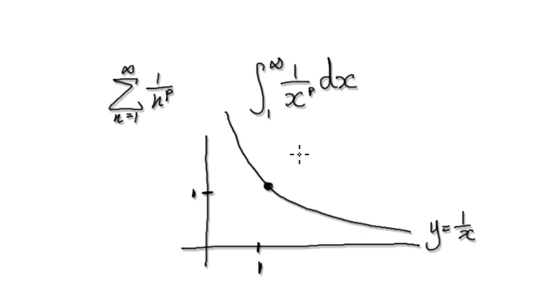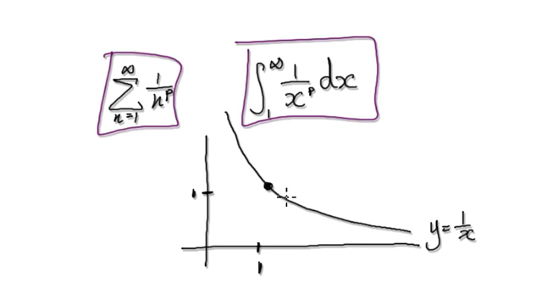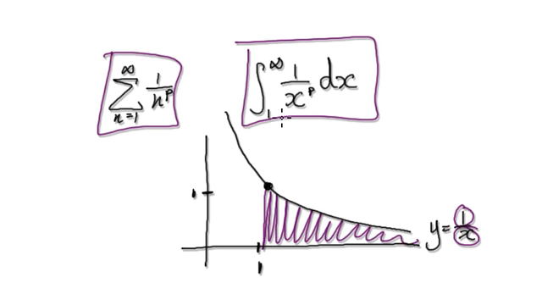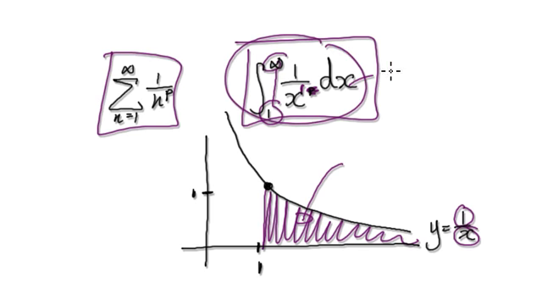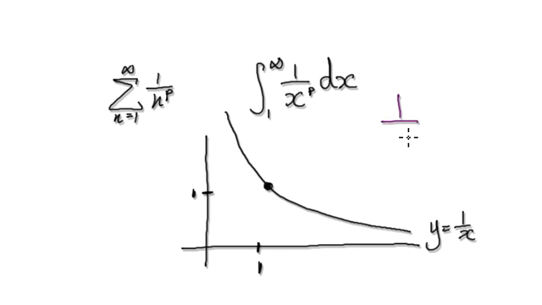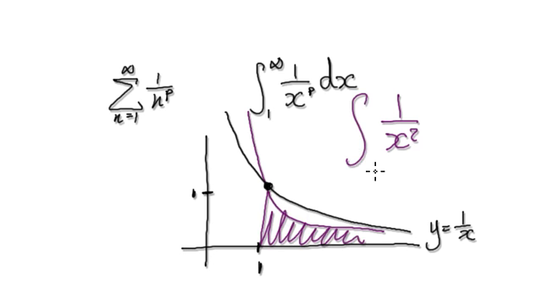This is very similar to comparing it to integrals, which we've seen many times in the past. Let's look at the case of y equals 1 over x. If you work out this area from 1 to infinity when p equals 1, we've seen that the whole integral will diverge. And if you look at 1 over x squared, which looks something like this, and work out the integral from 1 to infinity of 1 over x squared,